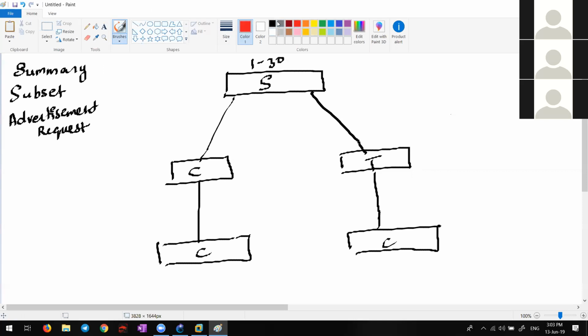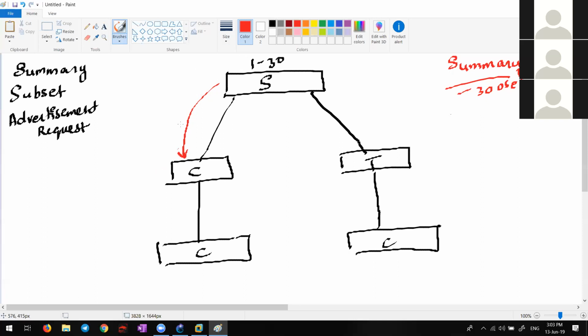Listen guys first, then you can write it down. So how it works? First of all, this summary message which I mentioned is sent by server mode switches and client mode switches. Server mode switches, let's say there are no changes, still it will be sent every 300 seconds. Now the summary advertisement will contain the information about all the VLANs present in the server mode, and the revision number will be mentioned, and a lot of other details like domain name, MD5, timestamp, all these details will be mentioned in the summary message.